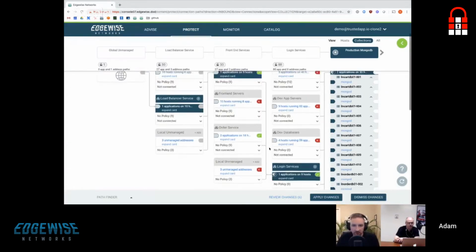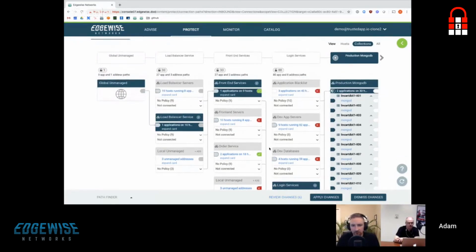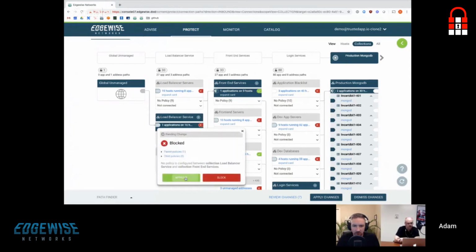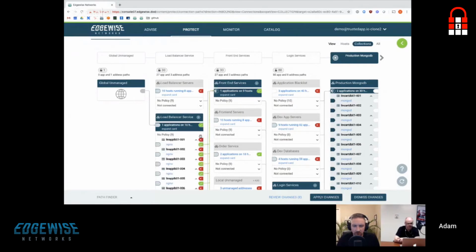And as you can see here, as I go through this process, I'm building perimeters on each of these segments. I'm saying let's default deny everything to start, and then I'm going to define my exceptions. And the exceptions of what I'm allowing through are being applied to the software that needs to communicate across, not just the host as a whole. And that is the fundamental difference of Edgewise versus other network type controls.